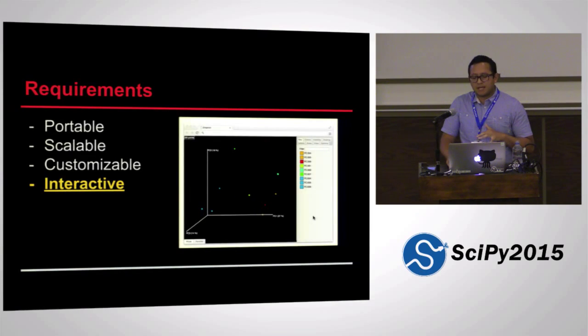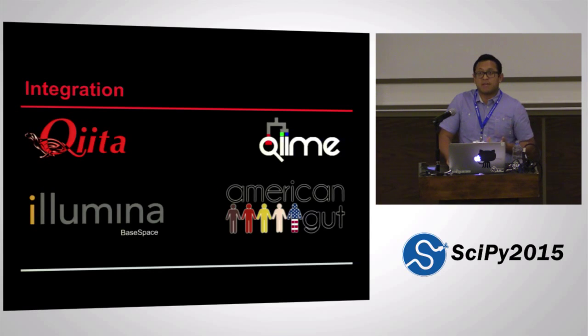So just going back, I also wanted to mention that by adhering to this very minimal list of requirements, we've been able to integrate Emperor in a variety of platforms. And as you just saw, we were able to put it within Qiita. It's been very successful at being integrated in the QIIME pipeline. Recently, it was integrated in Illumina's BaseSpace platform for analysis of sequence data. And at the Knight Lab, we also used it to deliver these